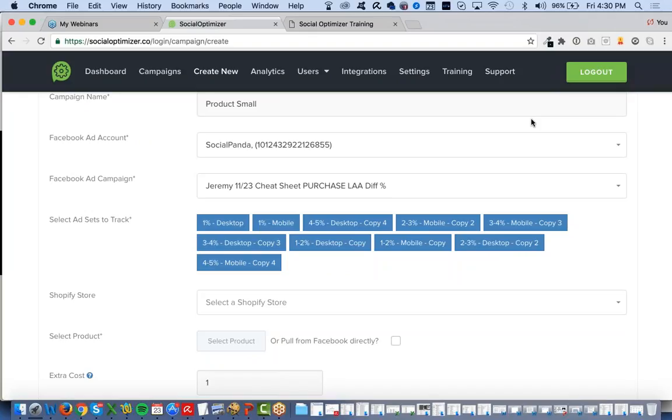How long would you run your campaign? For as long as you're profiting from it. Usually you'd use a test budget. So you'd use $50 of a test budget, and you'd see what's performing the best. And if you've got an ROI coming in, then you continue to run that campaign until it's no longer bringing an ROI.